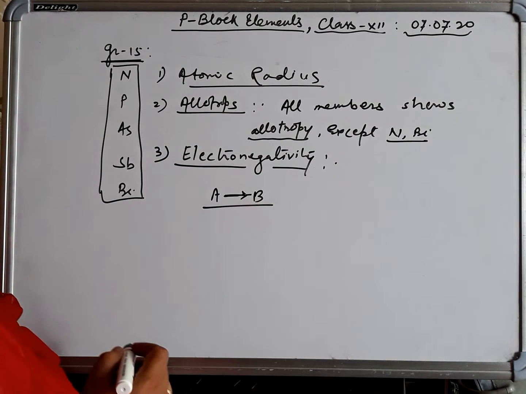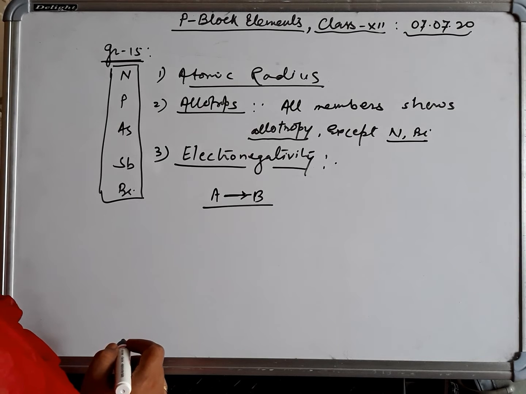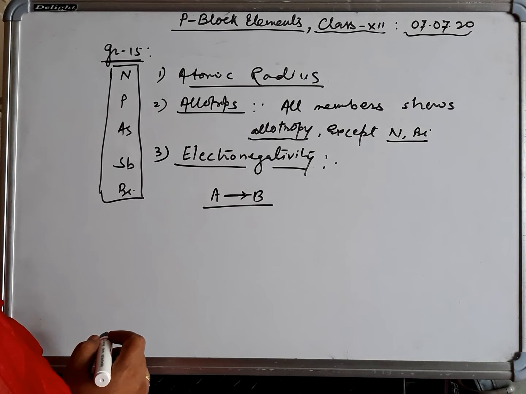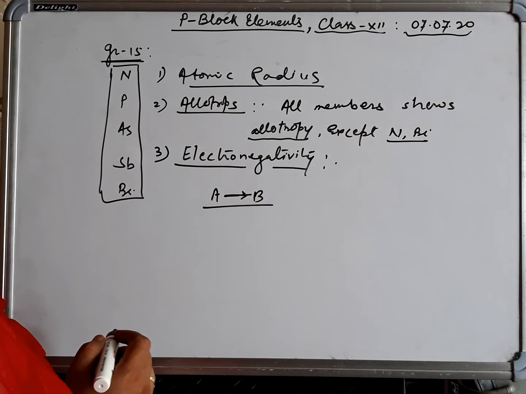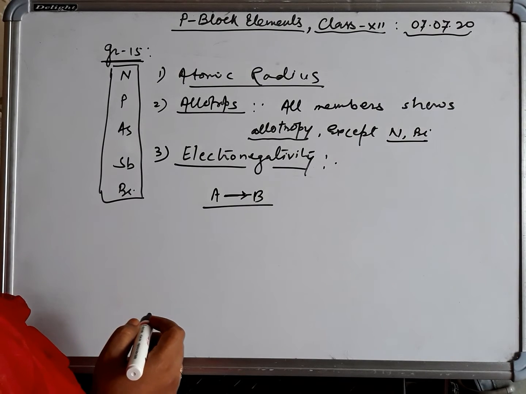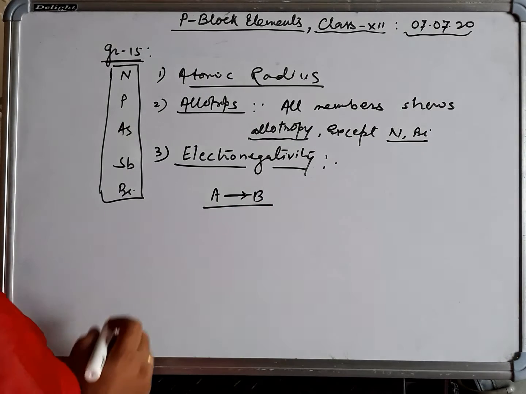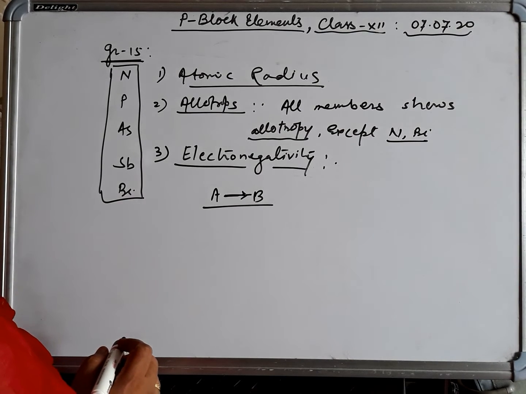Electronegativity depends on the size of the atom and the valence electrons. The more valence electrons, the more electronegative the atom will be, and the smaller the size of the non-metal, the more electronegative it is. So first priority is given to the valence electrons, and second priority to the size of the